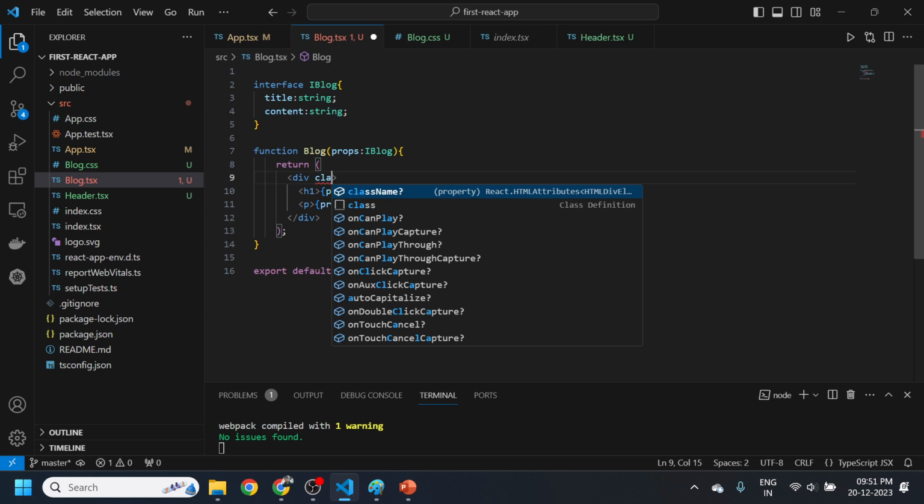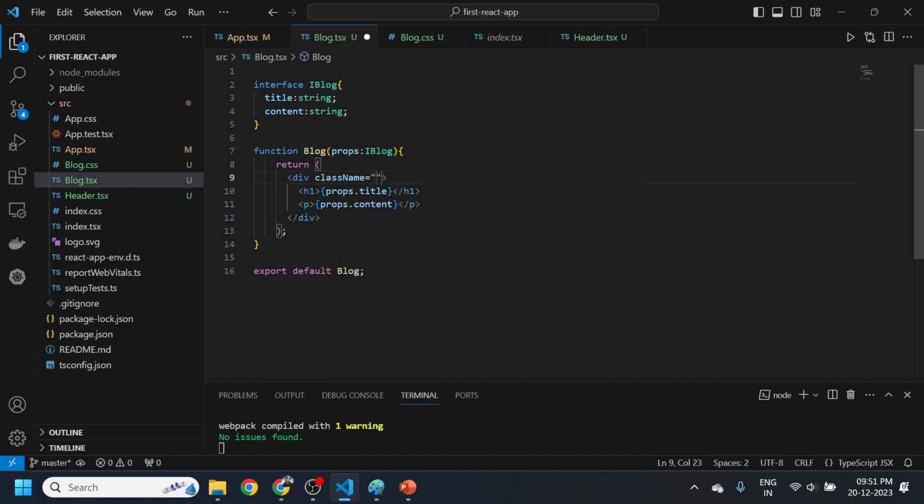Normally we add the class in small case letters in our normal HTML file. But as this is not HTML code, this is JSX code, we are going to write className in camel case. So this is a complete word, className. We start with small c and capital N. So I'll say here, let's say div block,